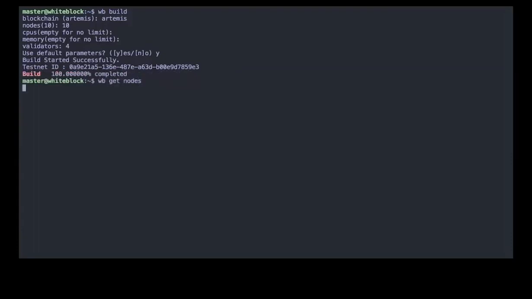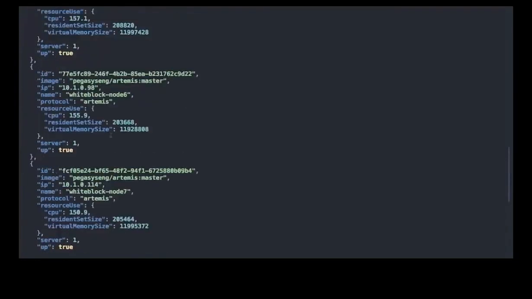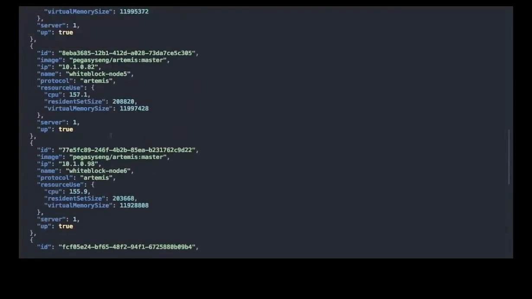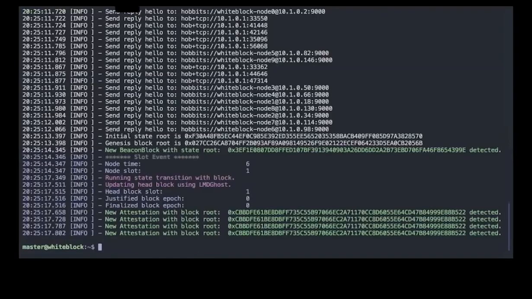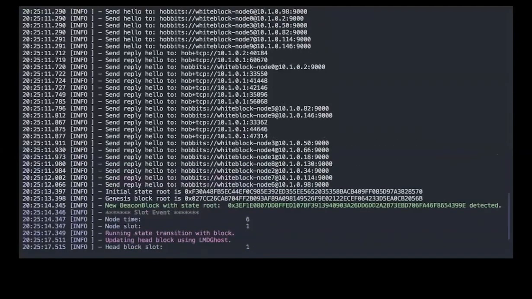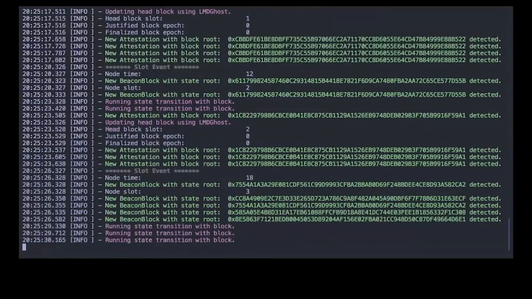Now, we can see the nodes as they go. We can see their utilization. We can see how fast they are. We can see if they're started correctly, all this good stuff. What we want to see also is the log, how things are going inside that node. So here we can see how things are going, but we can also attach ourselves to that log so we can see how it's going over time.